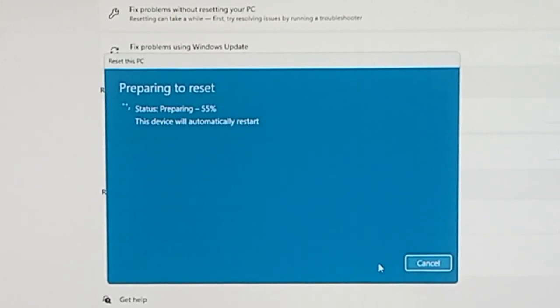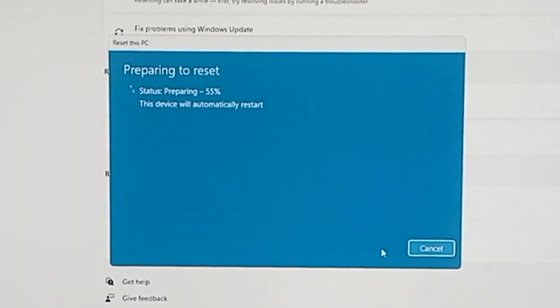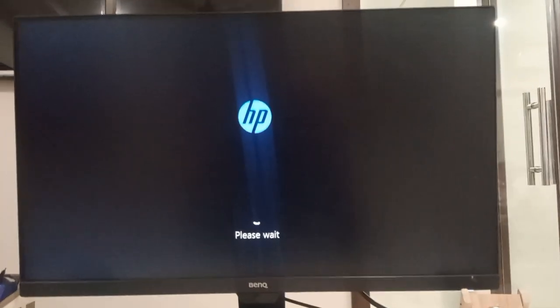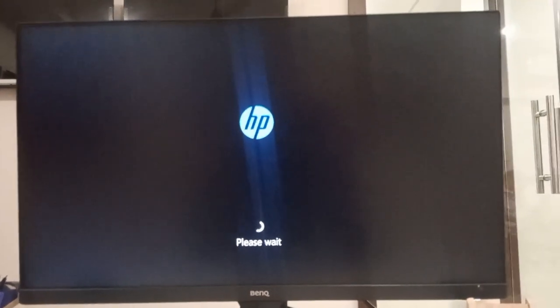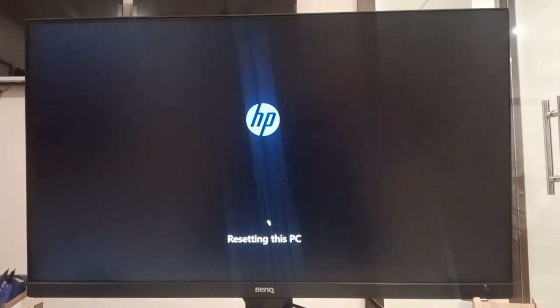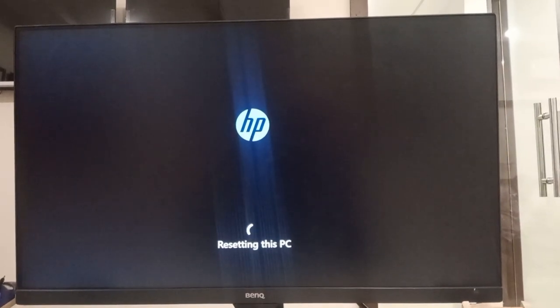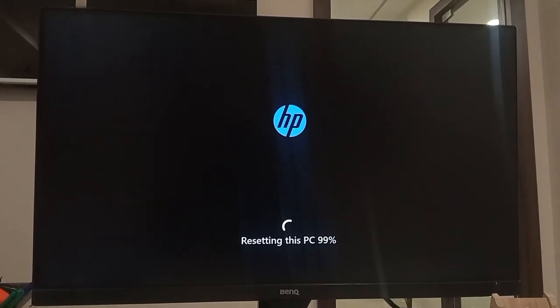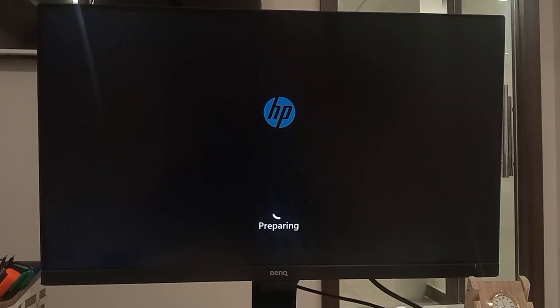Okay. Now the PC will restart. Please wait. Now you see on screen the option is resetting this PC. Okay. This process also reaches 100% complete. Okay. Now resetting this PC, 99% is complete. The PC will restart. Now preparing